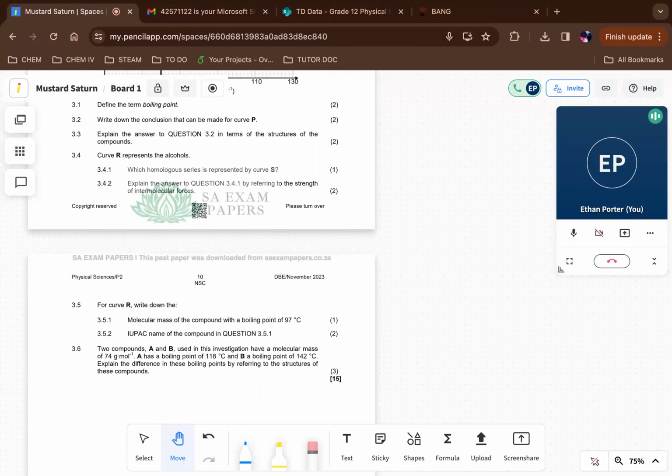Okay. So they want the IUPAC name, so you have to give a very specific name, not just propanol. It's a primary alcohol, so because it's primary, we know that the OH group is at the end of the molecule. So if we draw it, propanol, 3 carbons, OH, populate the hydrogens. So this is propanol. So the IUPAC name would be 1-propanol,